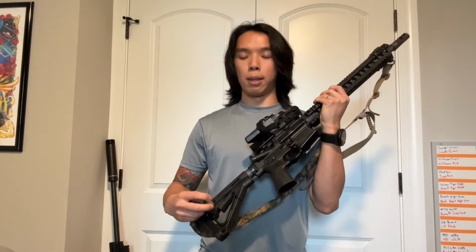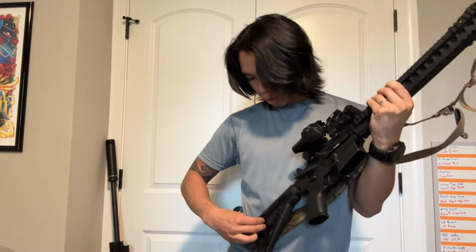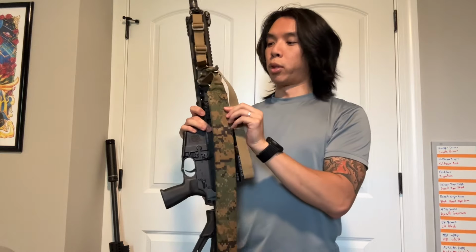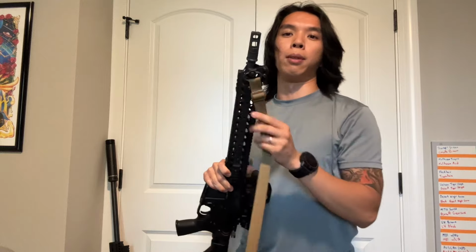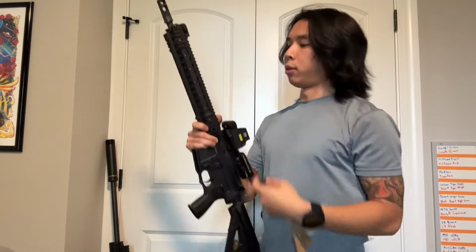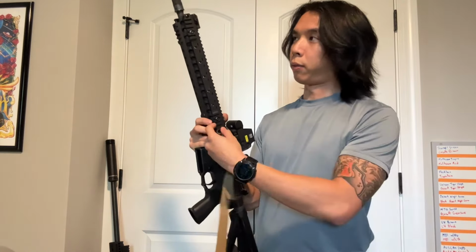clear. All right, so I like to use the QD swivels because it's easy. Magpul has those slots in your stock that you can just push them out and then push them back in. Real nice. And then this is my Force Marpat tank sling, and in the front here you also have a QD. So with these CAC rifles, you have two QD points, right? So if you want to run it close or run it far,